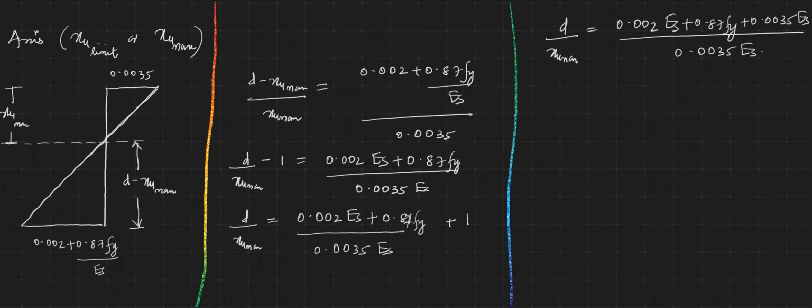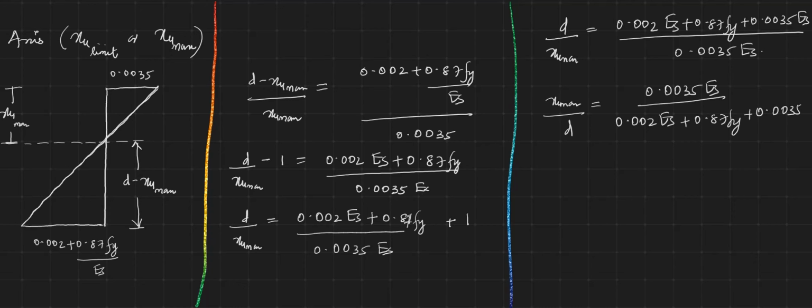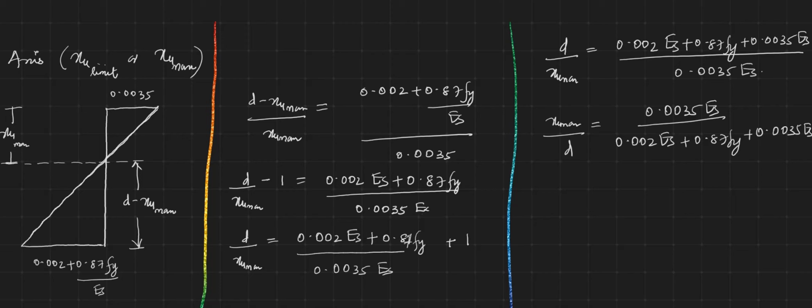That is, I could write it as XU max by d is equal to 0.0035 Es divided by (0.002 Es plus 0.87 Fy plus 0.0035 Es). Taking the value for Es, that is the Young's modulus of steel, as 2 into 10 raised to 5 Newton per mm square,